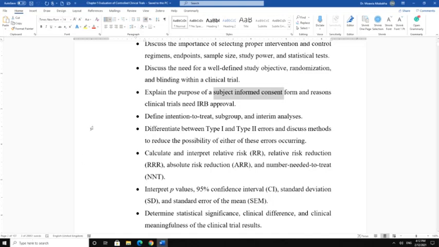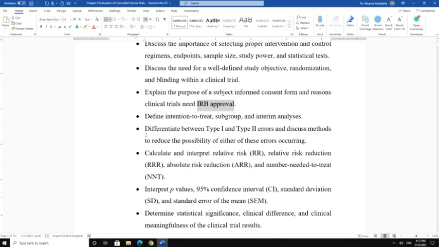We also need to explain why, when you want to do a clinical trial or anything related to human subjects, you need IRB approval, or Institutional Review Board approval, or Ethics Committee approval. You need also to tell the reasons for that. You need also to know